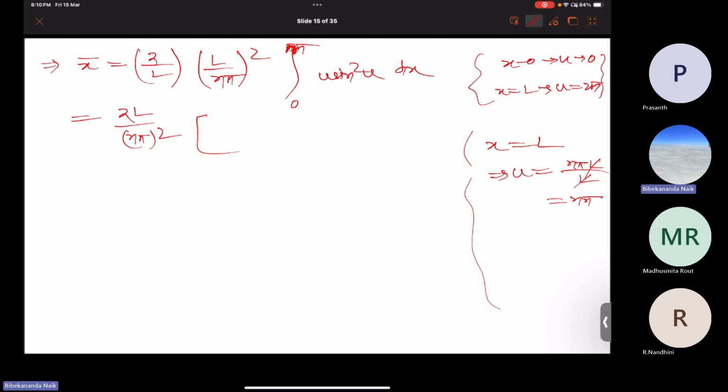When x equals 0, u equals 0, and when x equals L, u is equal to n pi. So the integration will be